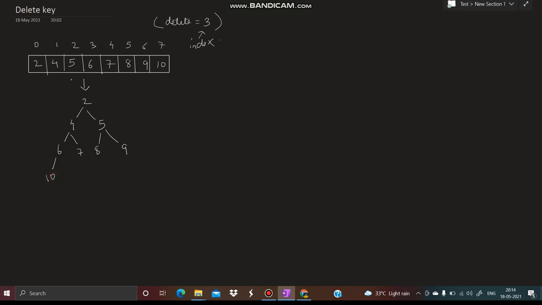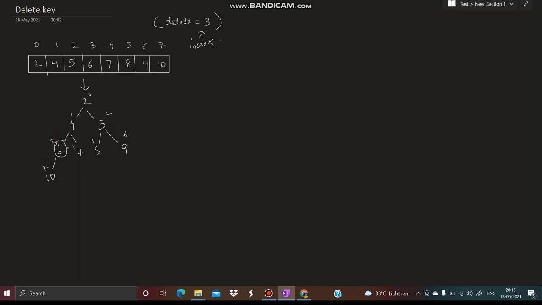We all know that a heap is a complete binary tree, and in order to represent the heap we need to use an array data structure. The index of 2 is 0, then 1, 2, 3, 4, 5, 6 and 7. I need to delete this value.